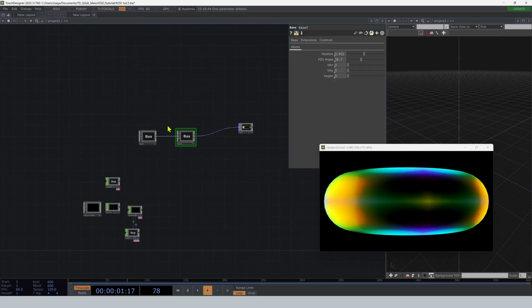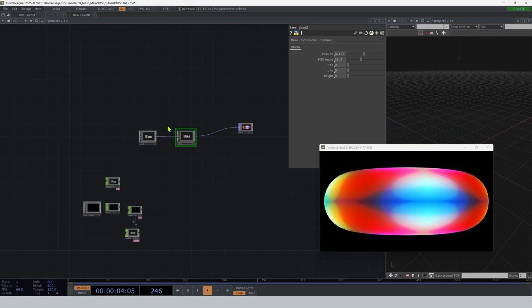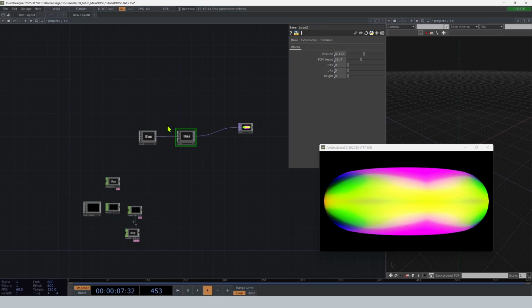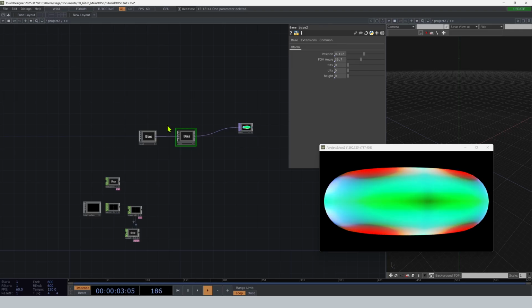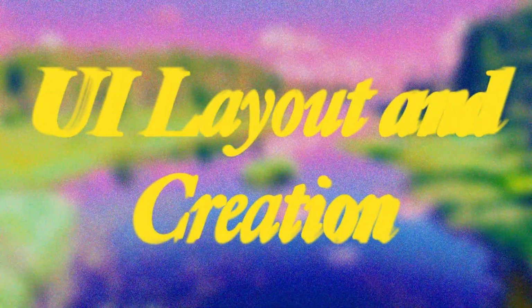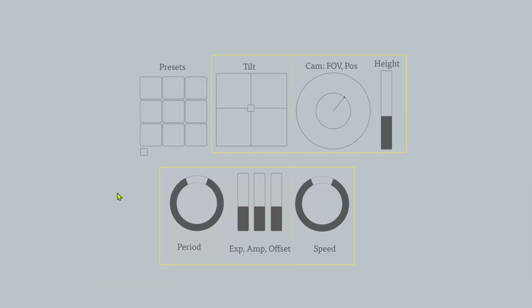Now we created all our custom parameters. The next step is thinking about which parameters should be controlled by what kind of control and how our layout should look. I recommend making a quick sketch first. I took the time to draw this properly, but usually I would just do this by hand on a piece of paper and roughly sketch out what should be where, which controls I want to use. Let's go over this. Presets, I want to use a grid,